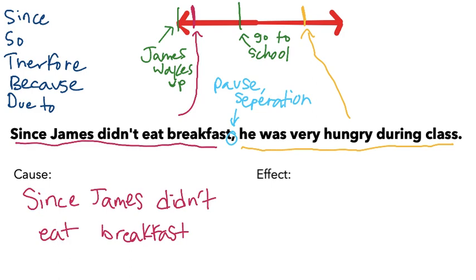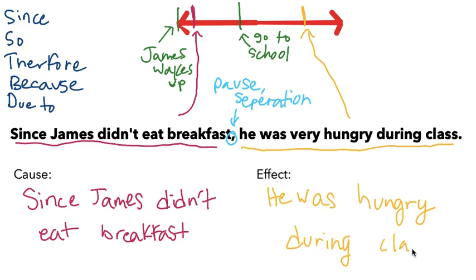And our effect is he was very hungry during class. Today we learned about cause and effect, the key words relating to cause and effect, and how to logically solve